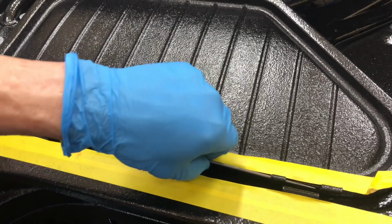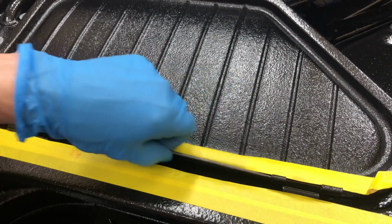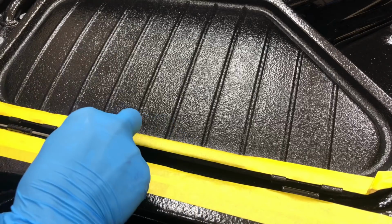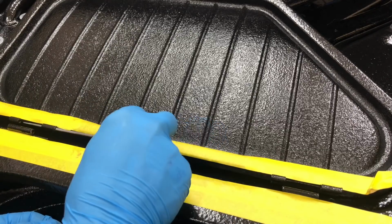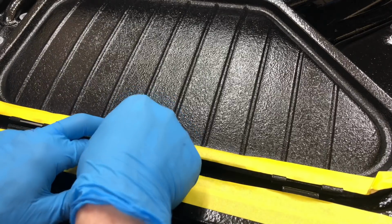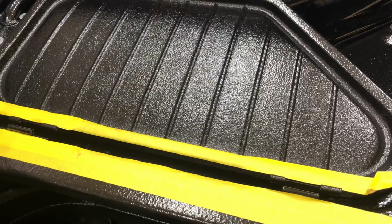One thing with the Germans, when they make something with tight tolerances, you have no room for forgiveness at all. It's perfect. So a little bit of buildup in paint, a little bit of dirt in there, anything, it's not going to go. Okay, so we got that run through,